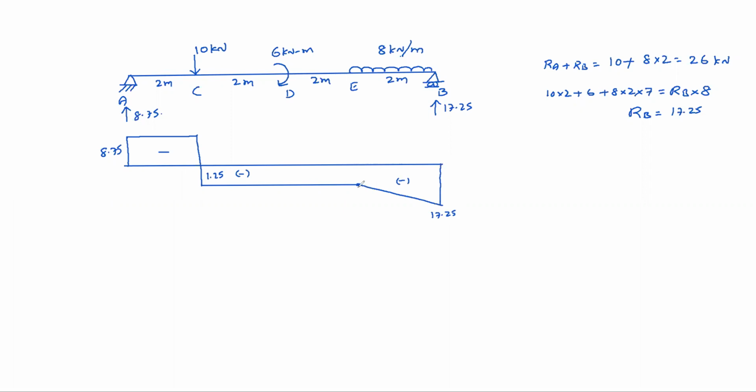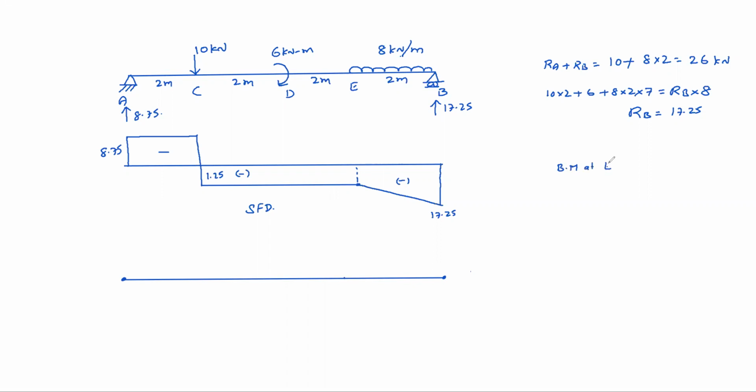So this is the shear force diagram. In the shear force diagram, couple cannot be detected, but in the bending moment diagram we can detect. See here, at salient points you can draw the bending moment. Bending moment at A is 0. Bending moment at B is 0. Bending moment at E, how much? Check it.